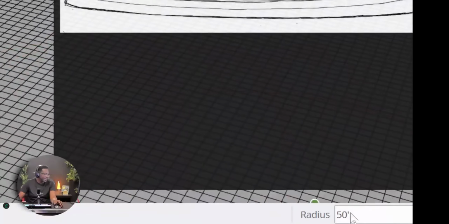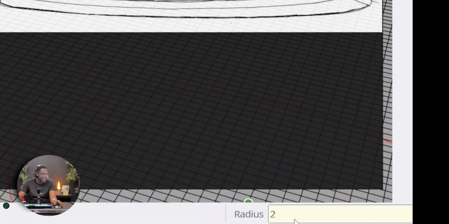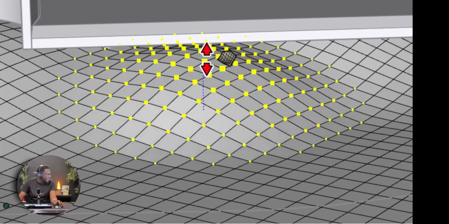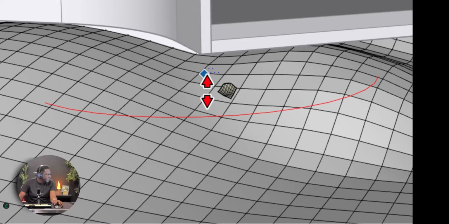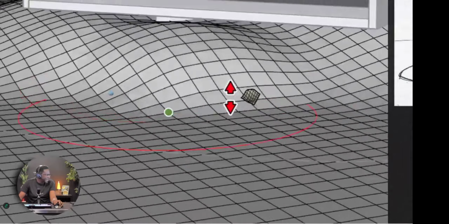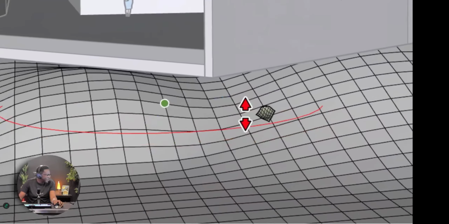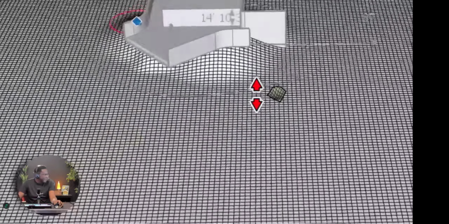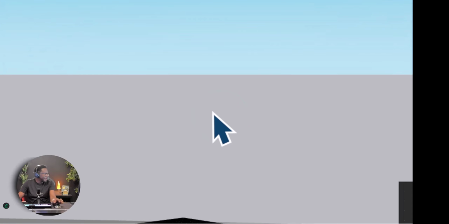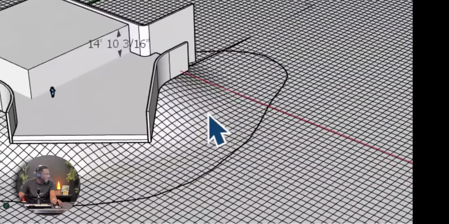What we'll do, we'll make this a little smaller this time. So now we'll go about 20 feet. And we're going to click here and go upwards. Remember, this is just a sketch, so it doesn't really matter. We just need something that kind of looks like it. All right, so that is basically it. Okay, so let's press escape, get out of this tool, and that's what we'll have there.